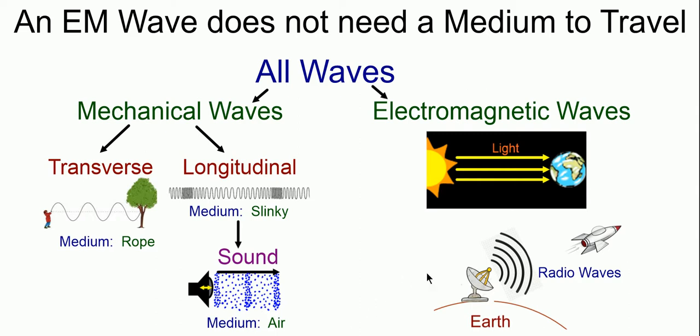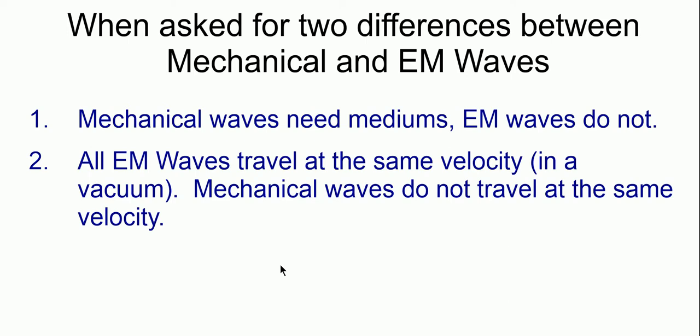Another example, radio waves communicating through space with people in a rocket. They go through the air for a while, but then pretty soon they break out into outer space, don't they? And we can communicate because those EM waves, radio waves, can travel without a medium, through a vacuum. Now there's not much more to say here.